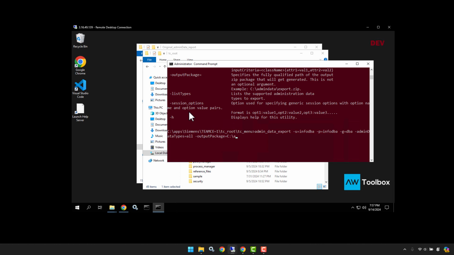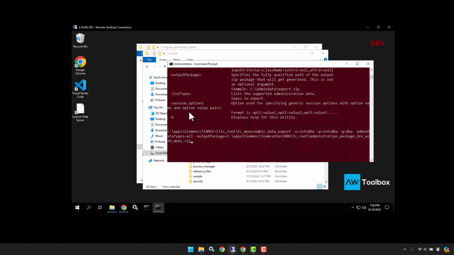And then I'm going to create a new package inside of my TC root. Again, it's probably recommended to put this in a temp directory of some sort. I'm going to call this administration package dev with mods. So with my modifications, you can put a time date stamp on there, but just don't forget your